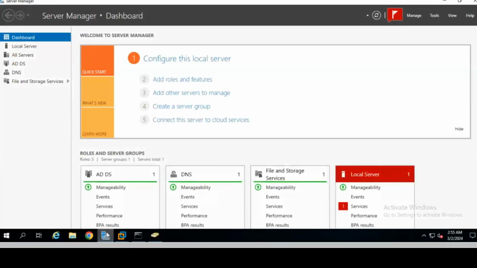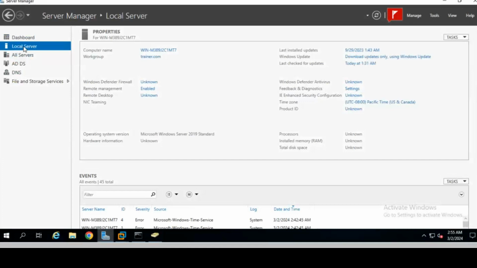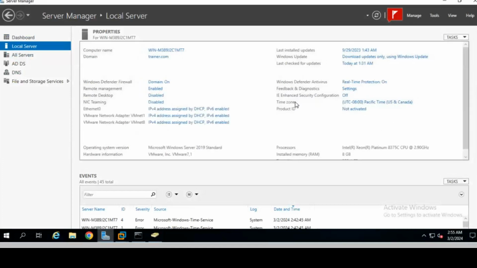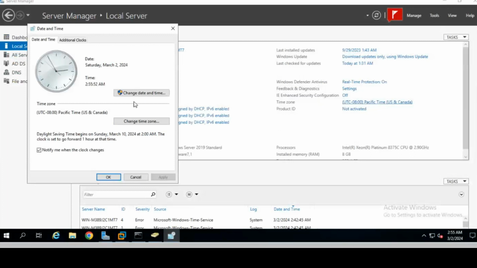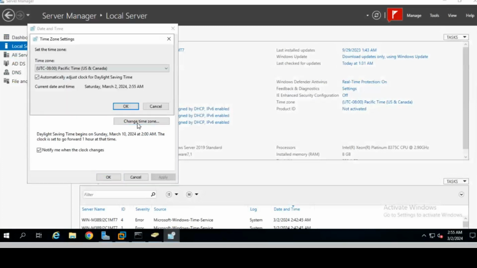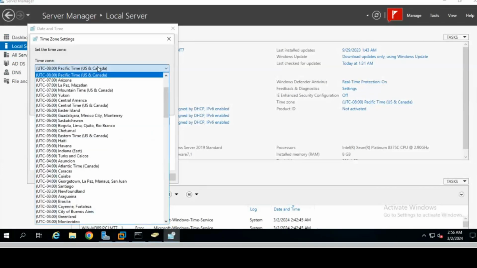To change that time, just go to Server Manager. In Server Manager, click on the Local Server option, the second option. Here we have the time zone. Click on the time zone and click on Change time zone. We will have to set the time zone.